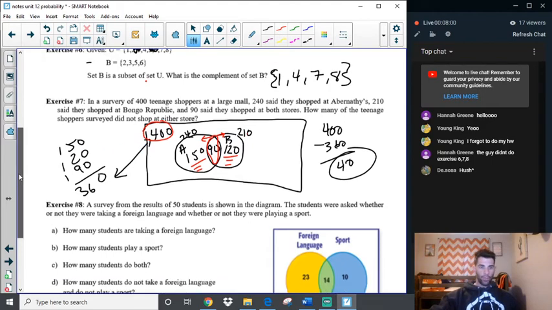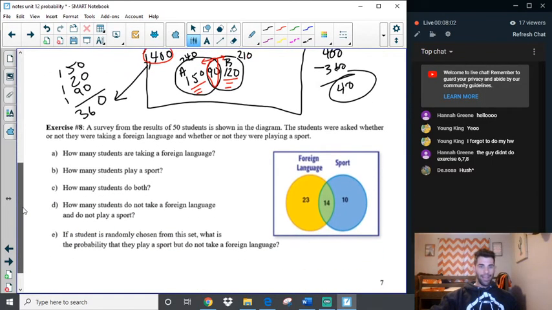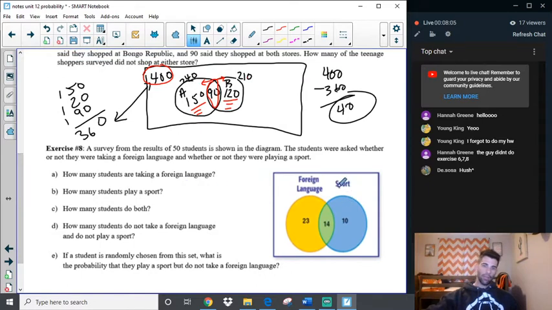So now if I'm jumping right down over here to number 8, look at the difference and look at how they put that into the Venn diagram. So this is how you know how many students are taking a foreign language. Well, they're only inside the foreign language, so there are 23 that only take foreign language, and there are 14 that take both. Okay, so then you've got to watch where you're going to be able to fill these out. Okay,